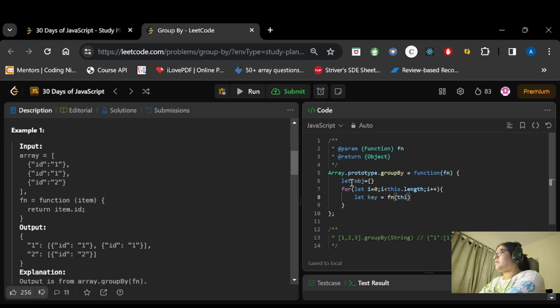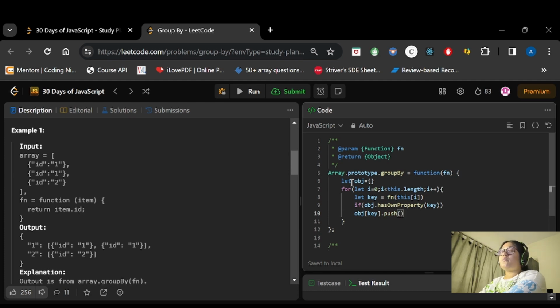So we will pass this in the fn, and now we will check if obj dot hasOwnProperty of key. If it has the property, then we need to push the value. So we will push the value here: obj of key dot push.